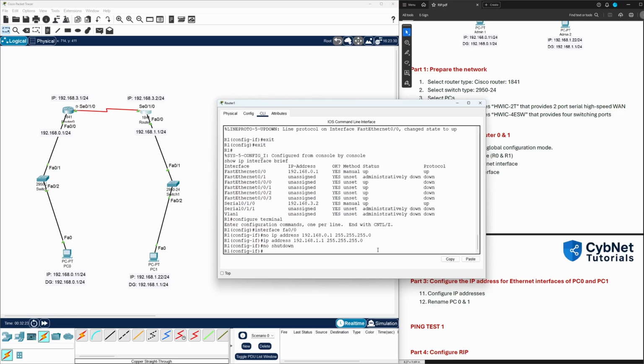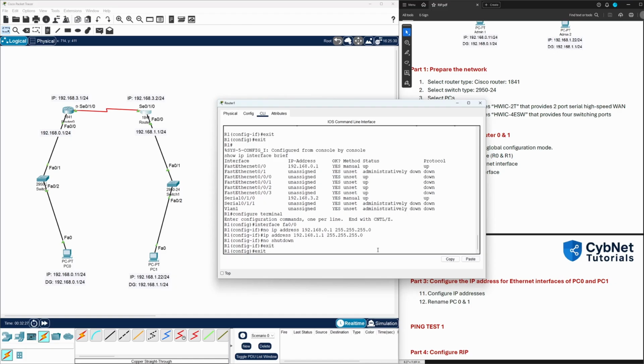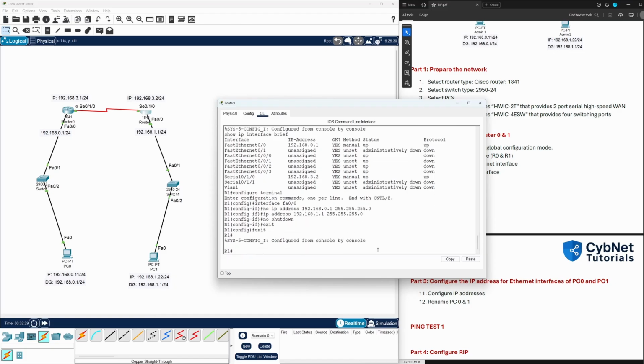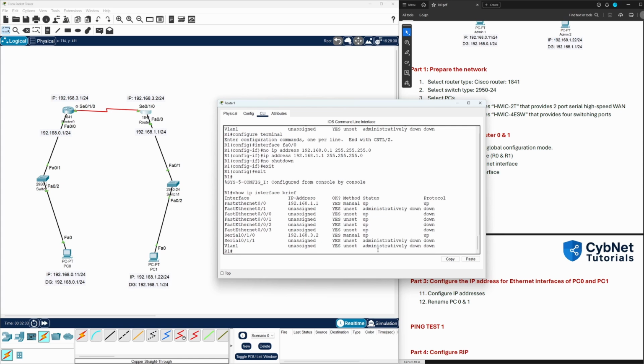If I go to check the brief, so show IP interface brief, you can see we have the right one. So 0/0, this one with this IP, and 0/1 with this IP. You can see this became green after I configured it. So now the IPs are configured, all of them,